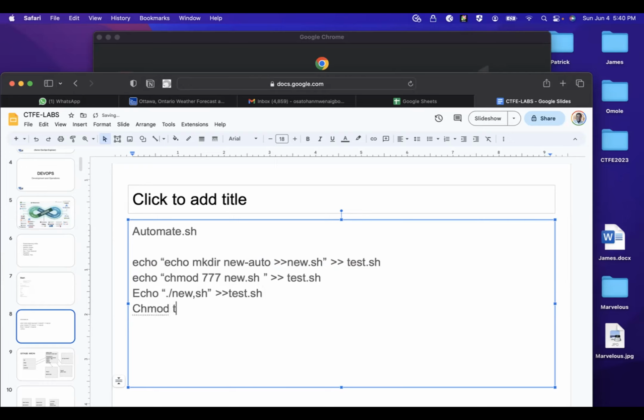Text dot change mode 777 text dot sh. And then I will now execute it. Text dot sh. So you see,